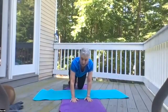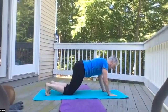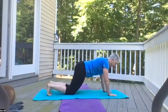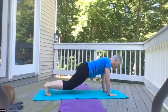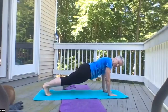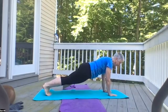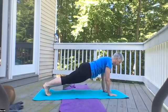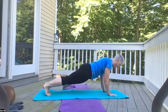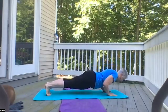into a prone position. I'm going to turn this way so that you can see it, and this is important. With the knees on the floor, bring the bottom up and come to a plank position. If you look in your mirror, you can kind of see, is the bottom up or is it truly plank? The bottom is tight, the belly is tight, the arms are straight, elbows in, slowly come down to the mat,